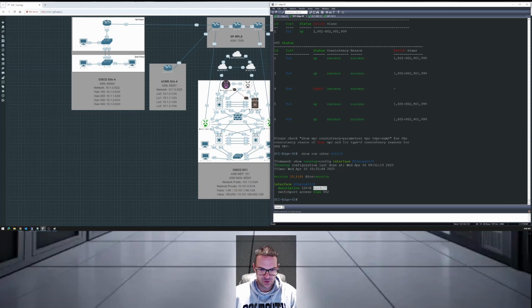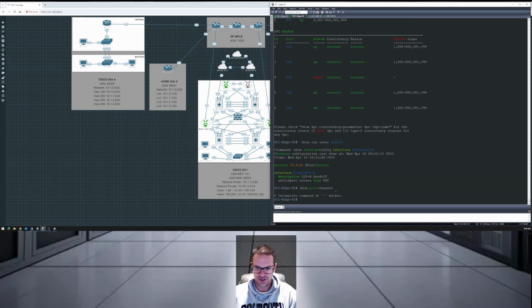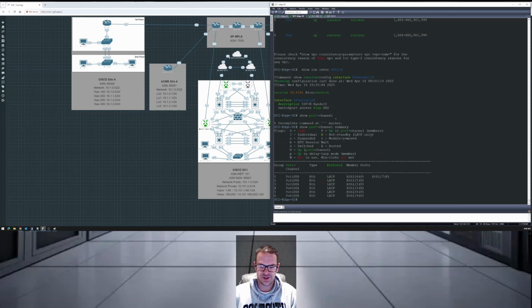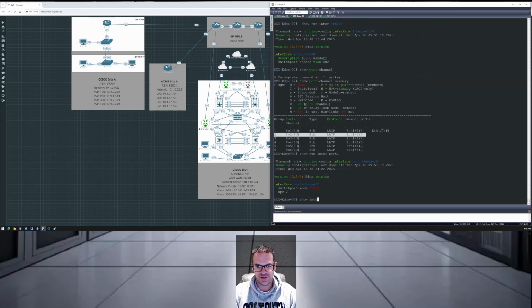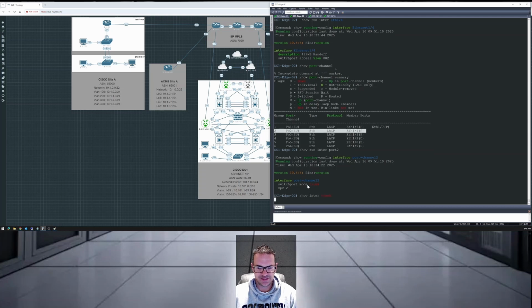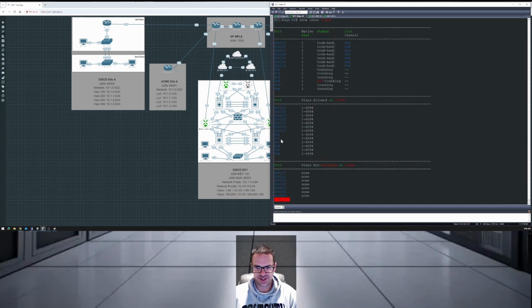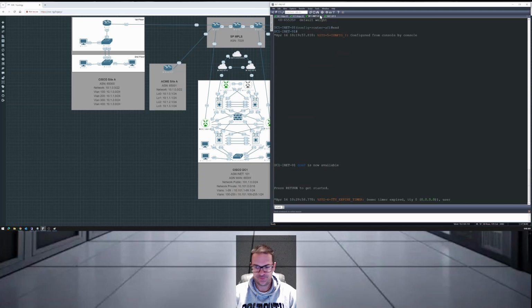Now we have 101 that faces router 1, and that should be in a port channel. If we look at our port channel summary, we should see that ETH 1/1 is in fact part of port channel 2. Port channel 2 should be nothing more than a trunk, which it is, and if we show interface trunk, we should see VLAN 802 allowed on port channel 2. The VLANs allowed on the trunk, it's allowing everything. Again, we did not prune anything, so in reality, 802 should be able to reach router 1 at this point. However, we have not